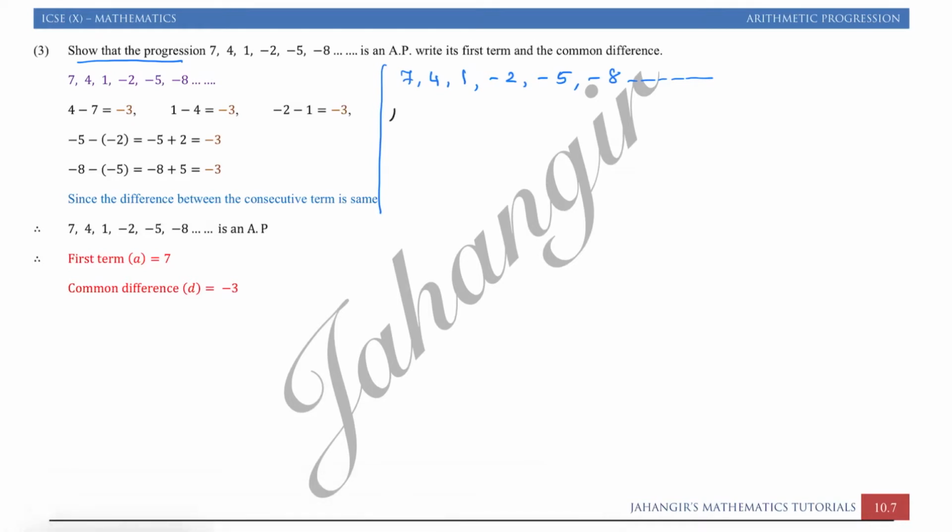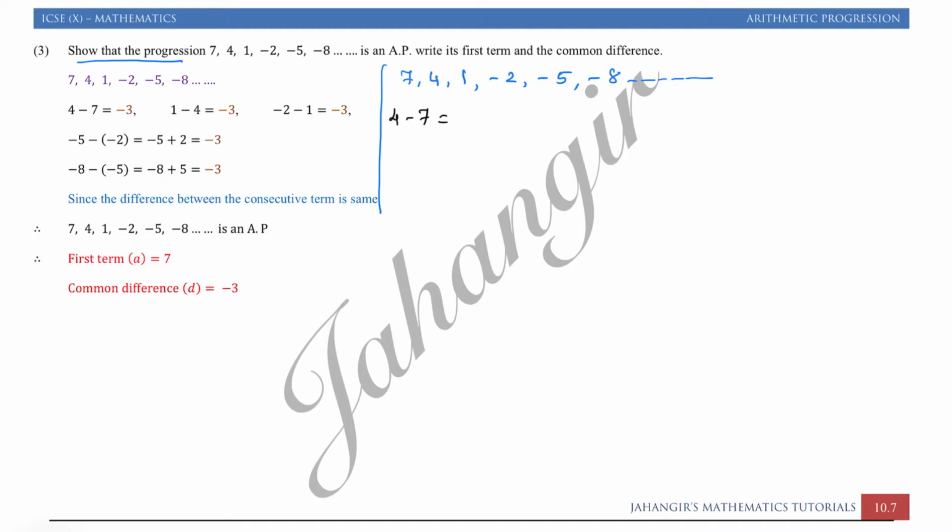So let us start with 4 minus 7, that is always second term minus first term. The most common error when it is a decreasing sequence is that the student does 7 minus 4, 4 minus 1, 1 minus minus 2, always taking the greater number first, but in a sequence it's not like this. A sequence can be increasing or decreasing. When the sequence is increasing, the common difference is positive. When the sequence is decreasing, the common difference is negative. So this sequence in question number 3 is a decreasing sequence, so here the common difference is negative.